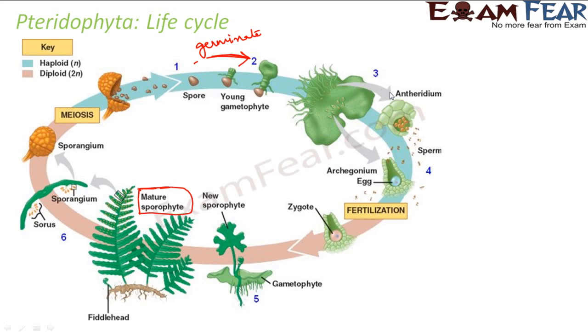So this portion of the gametophyte is the antheridium. Antheridium is the male gametophyte. And this portion of the gametophyte is the archegonium. So this is the female gametophyte. So the male gametophyte will produce the male gametes, which are sperms, and the female gametophyte will produce the female gamete, which is egg. So now this sperm and egg, now the sperms will come out from the male gametophyte